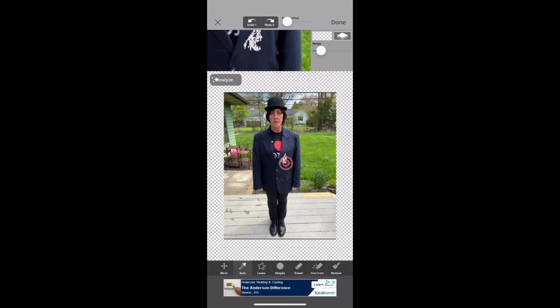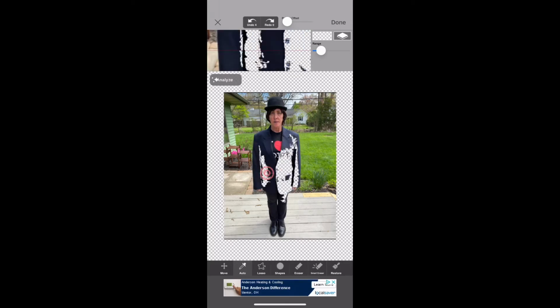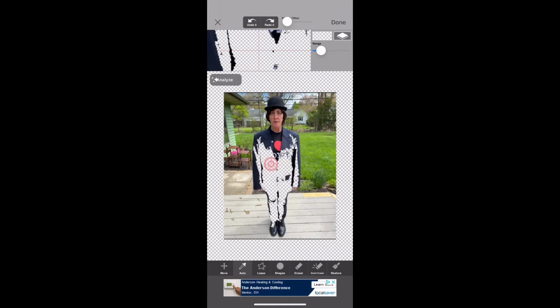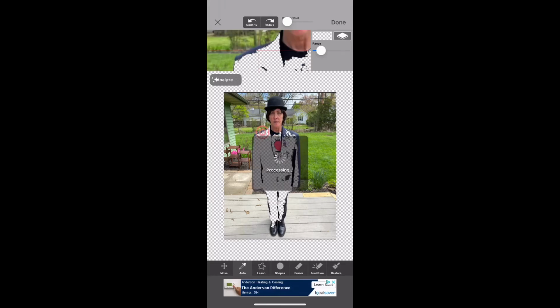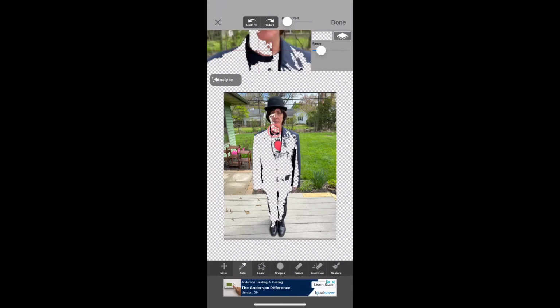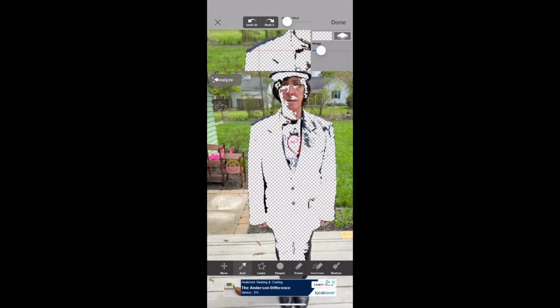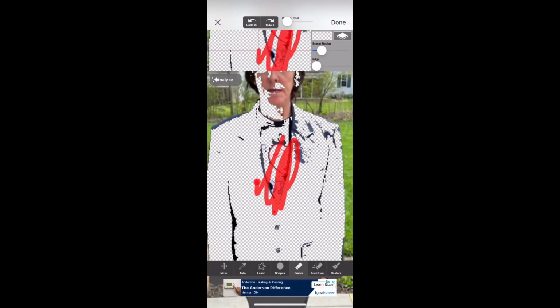Now if I tap on my jacket, it is starting to erase parts of me. You got to pay attention to this, because if you make a mistake and it starts to erase something in the background, then you're going to want to hit back. So it seems to be doing a good job. If you can't get some of the parts, you can tap the eraser tool and you can go in and just erase this. I could make the eraser tool bigger,